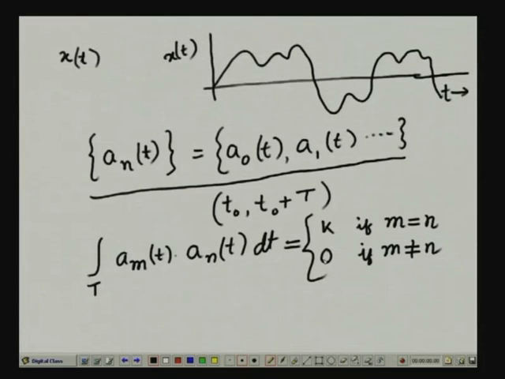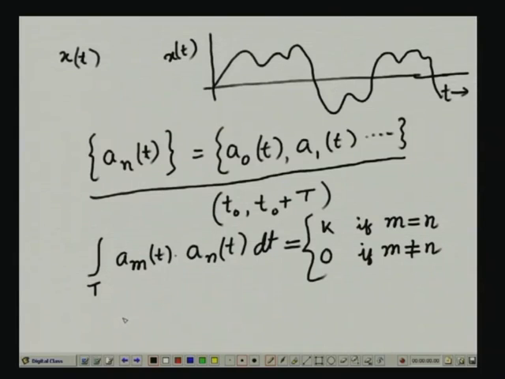So, I take two functions a_m(t) and a_n(t), take the product and integrate it over the interval capital T. If this integration is equal to some constant k when m is equal to n, and equal to 0 whenever m is not equal to n,